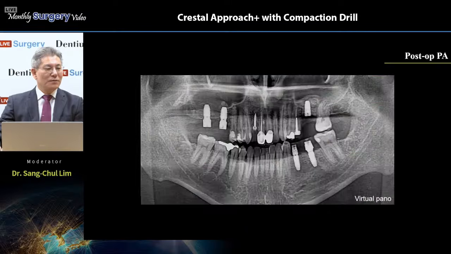This one is the post-op PA view. Can you see this number 17, the second molar area? A very nice, well done dome shape, the elevated sinus membrane, and this membrane looks like a lateral approach case, right? Generally speaking, in the lateral approach case, the membrane easily makes a dome shape,